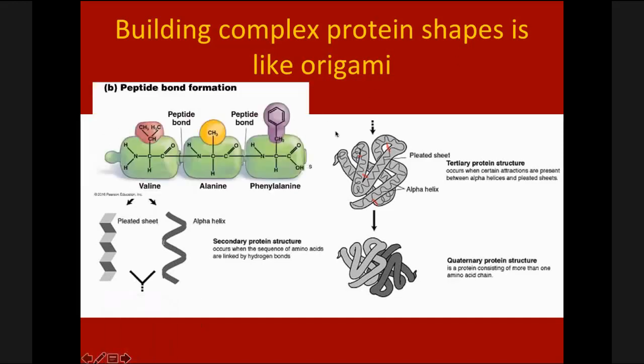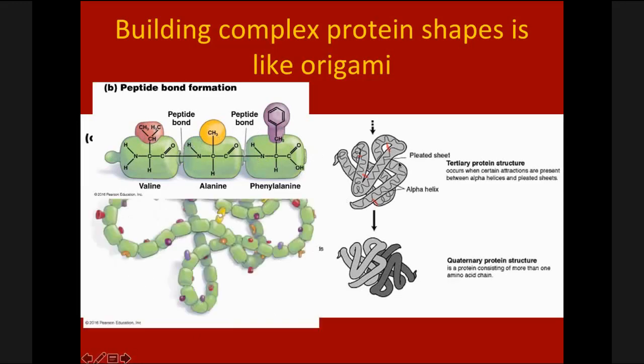Remember, here's your primary sequence. You've got, in this case, 3 amino acids next to each other. Notice how their R groups or functional groups are facing off to one side, right? As you build your nice long chain of amino acids, then you're going to end up with, look at that,